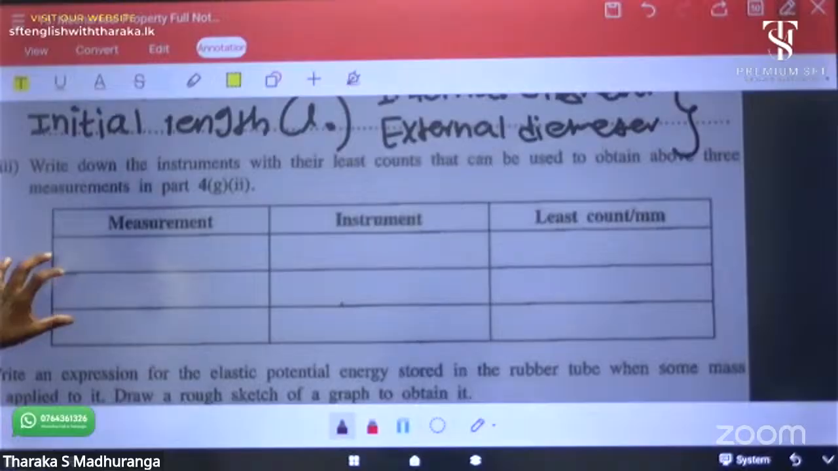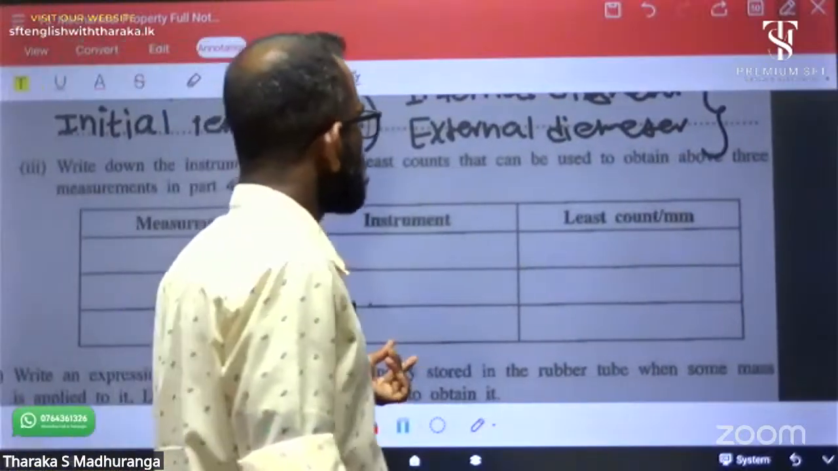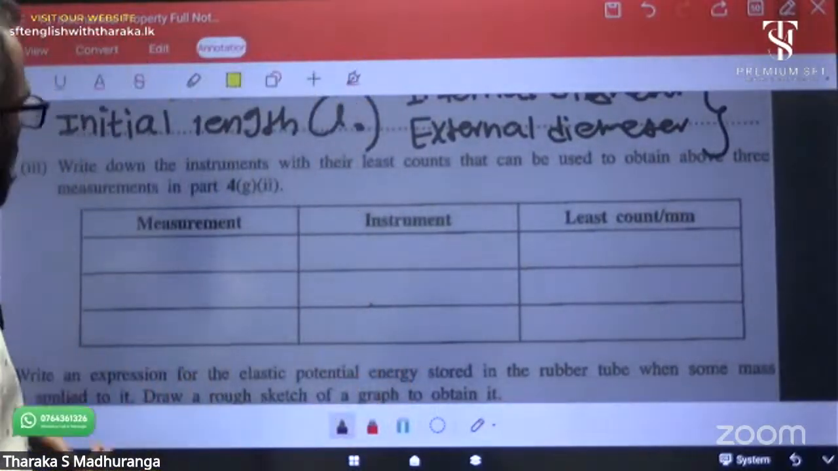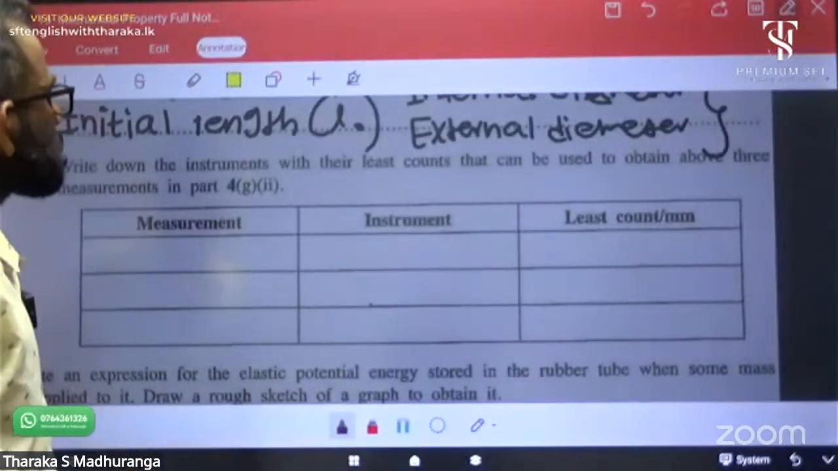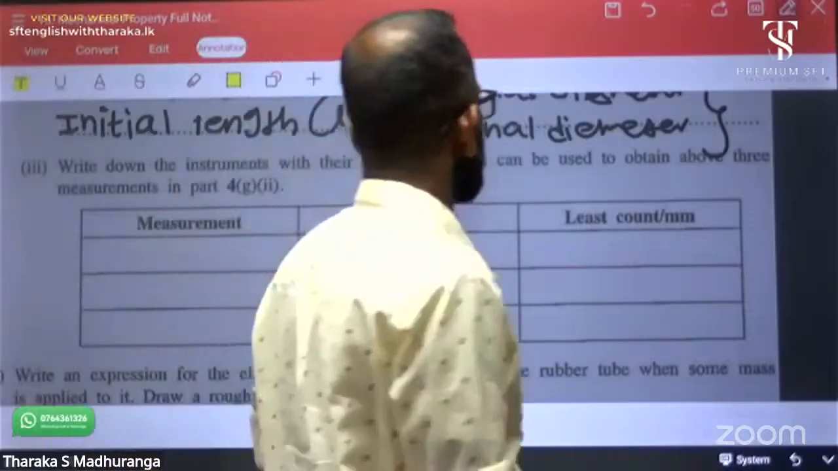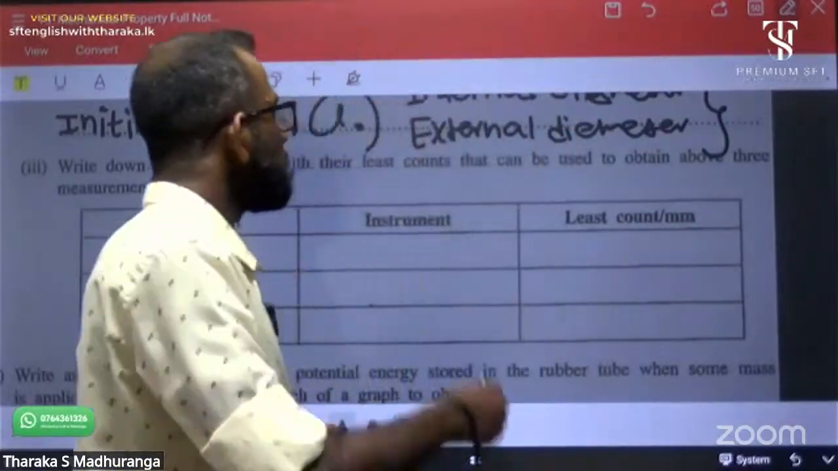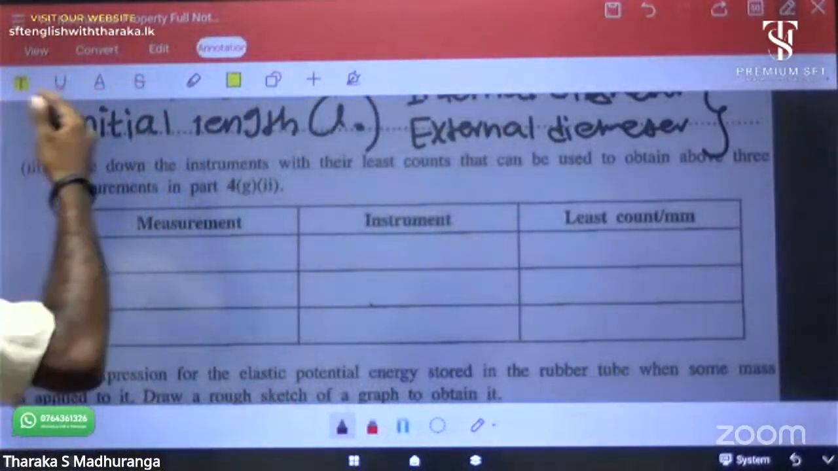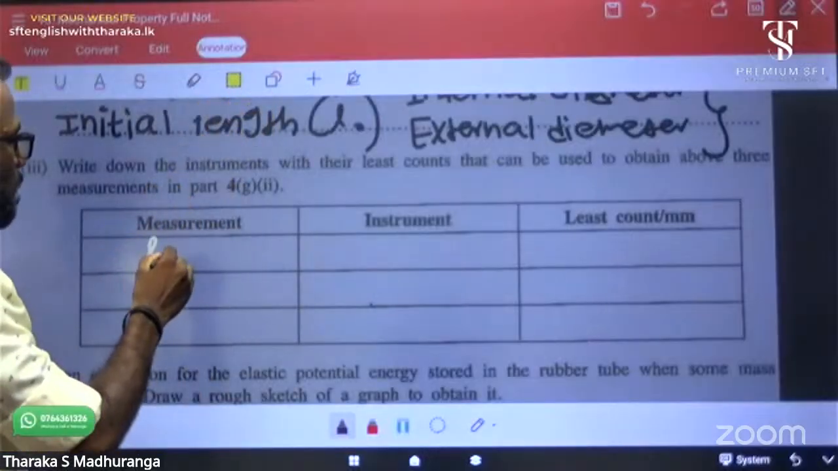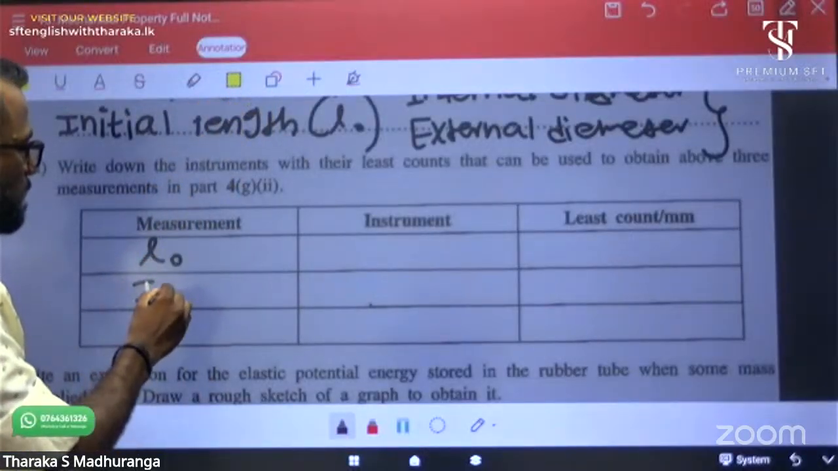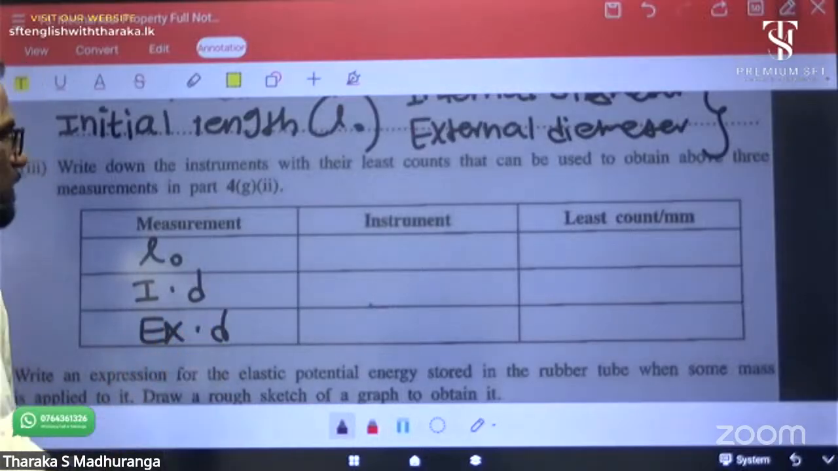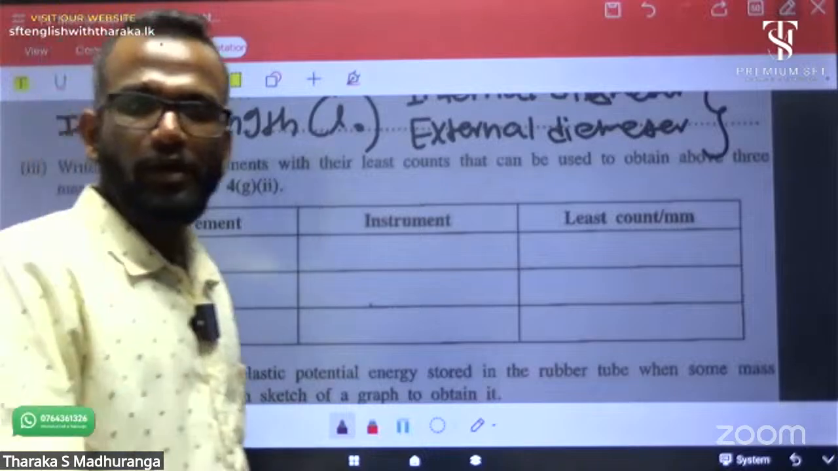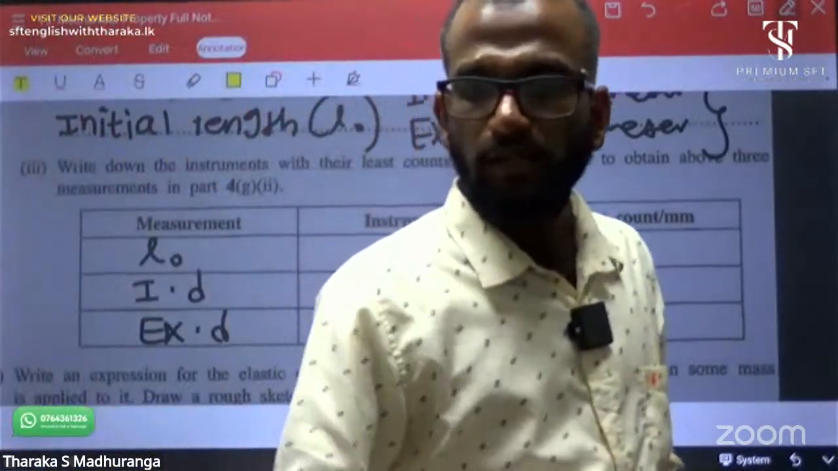Write down the instrument with their least count that can be used to obtain the above 3 measurements. That means initial length L naught, internal diameter, and external diameter. Okay, to get the initial length,